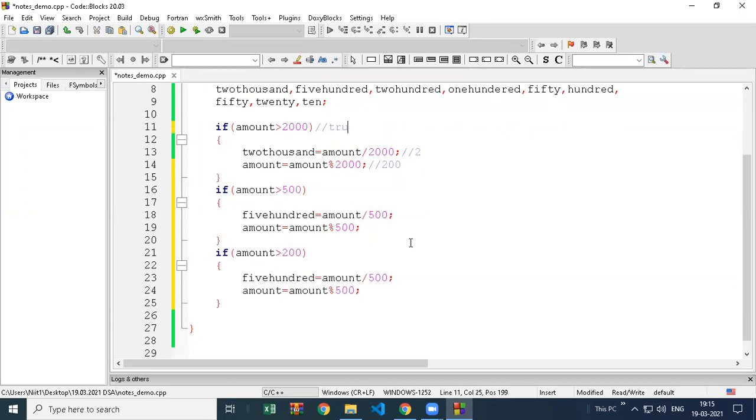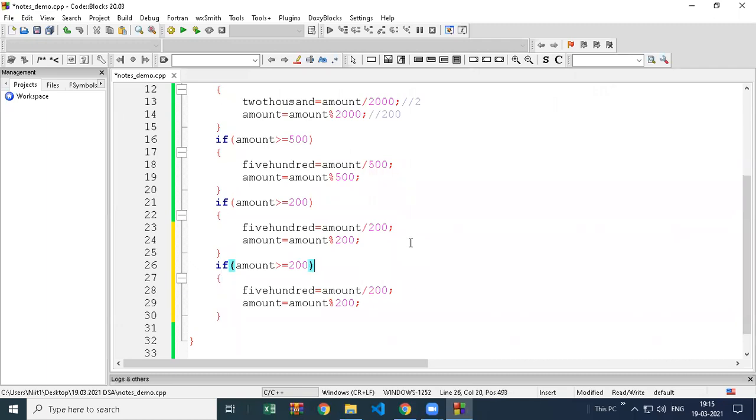So we'll check if it is more than 2000, divide this, and then if the remaining amount is more than or equal to 500, divide by this. Then divide by 200, then take the remaining amount and keep doing this.